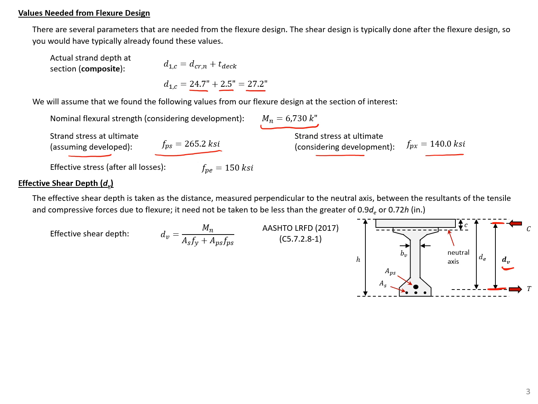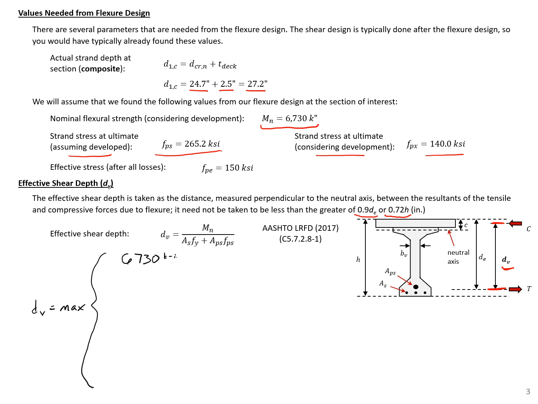But AASHTO tells us that it need not be taken to be less than the greater of 0.9 de or 0.72 h. So that means that our dv is going to be the max of our Mn divided by As fy plus Aps fps, which for us is going to be